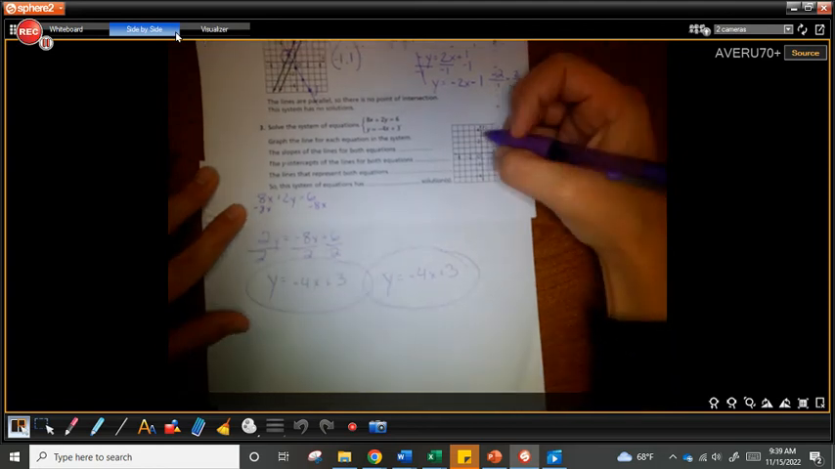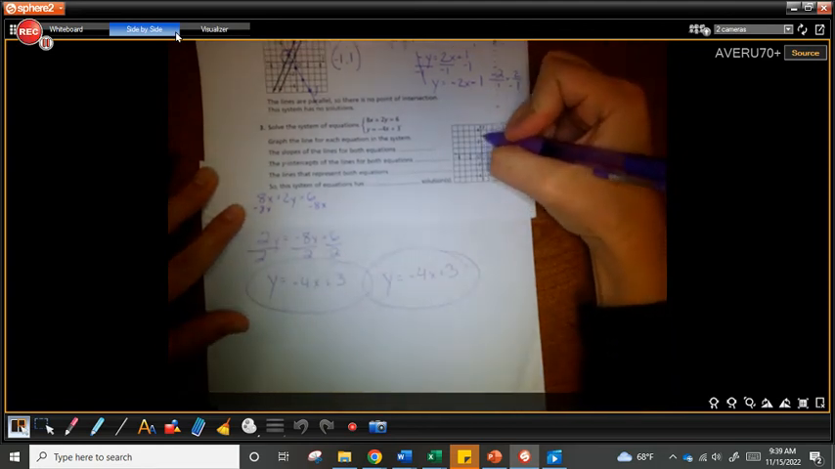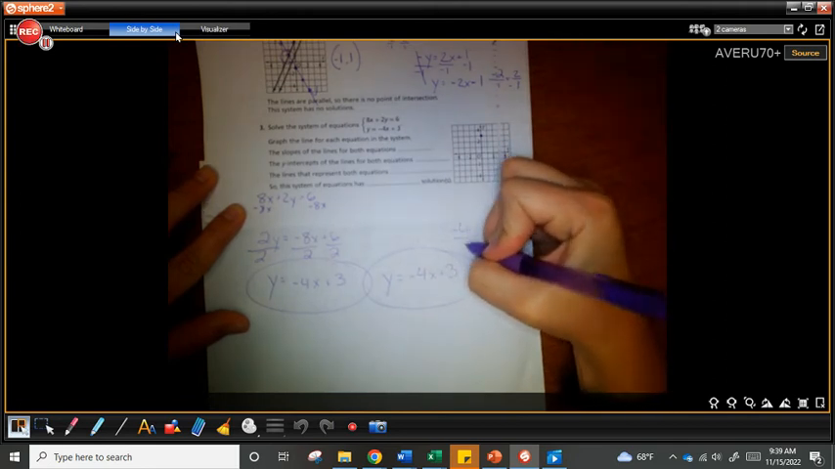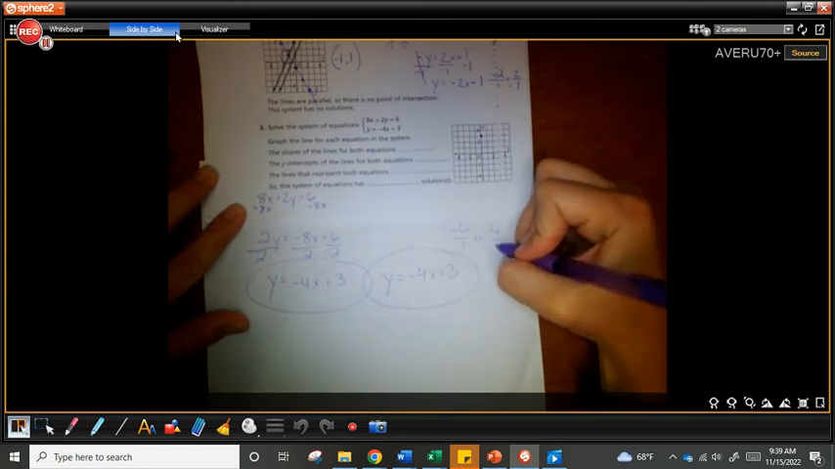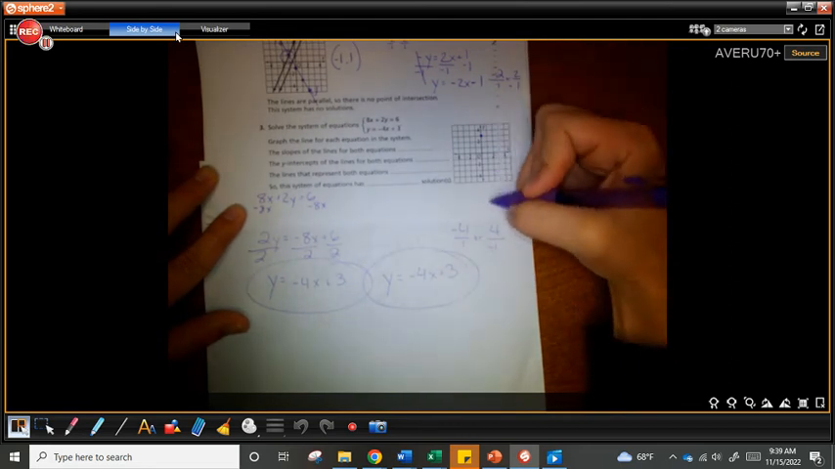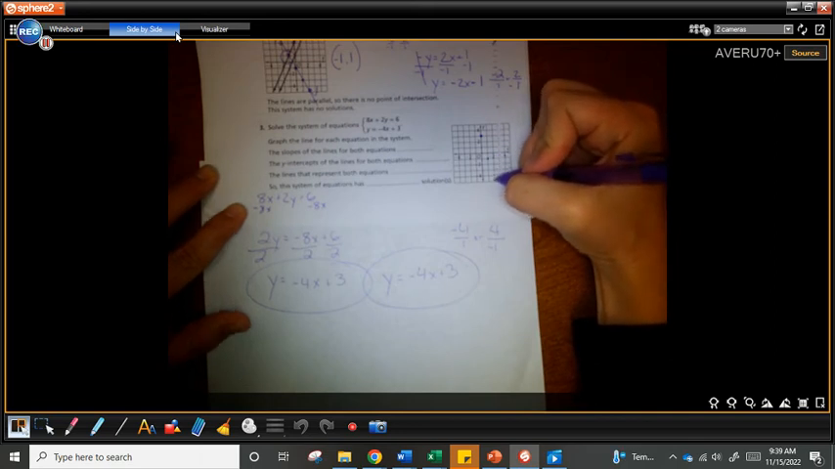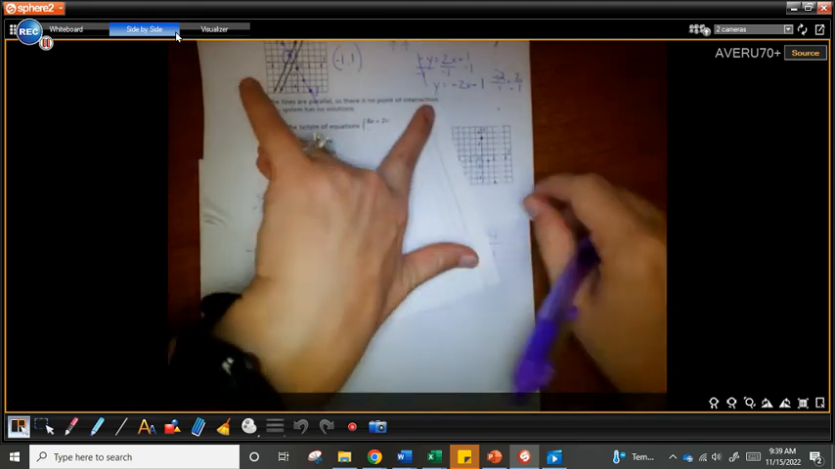So let's go ahead and graph that. We're going to go up to 3. And then our slope is -4 over 1 or 4 over -1. It's the same thing. So let's go down 4. 1, 2, 3, 4 over 1. 1, 2, 3, 4 over 1. And when I use my straight edge to connect it,